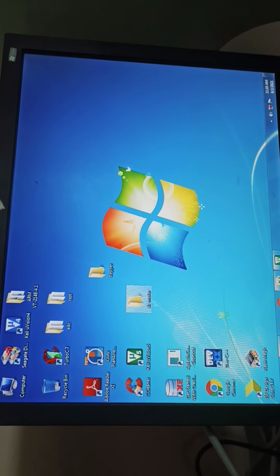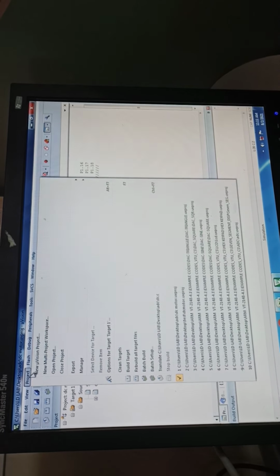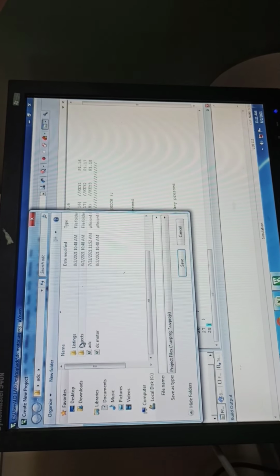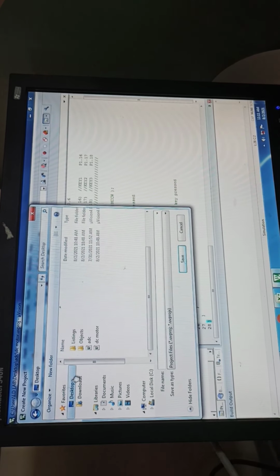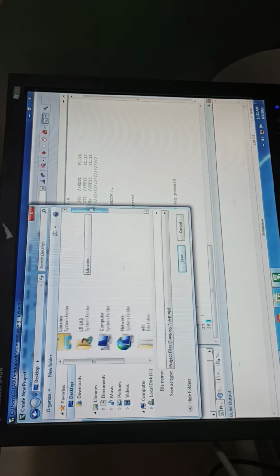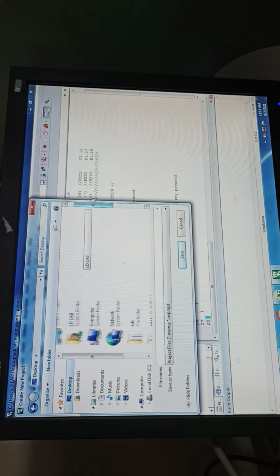Next I am going to open the Keil version 5 software. Here I click on New Microvision project, and I use my new folder, DC motor.